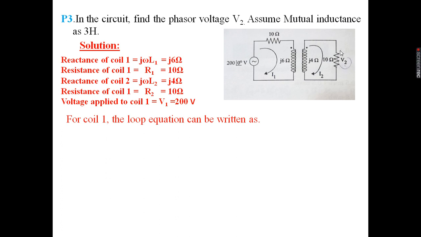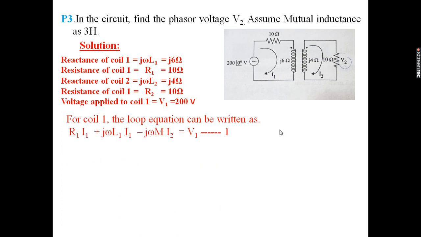Okay, voltage across this 10 ohms will be the current flowing through this 10 ohms into this 10, you will get voltage across this. So V2 will be I2 into R2. So now we can write mesh equations, loop equations, using Kirchhoff's voltage law. Then we will be finding I2.